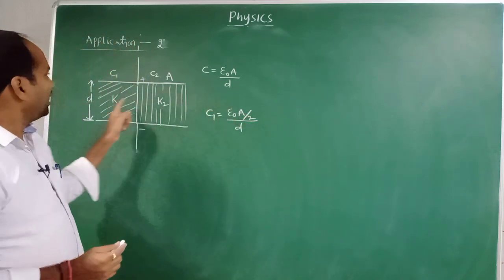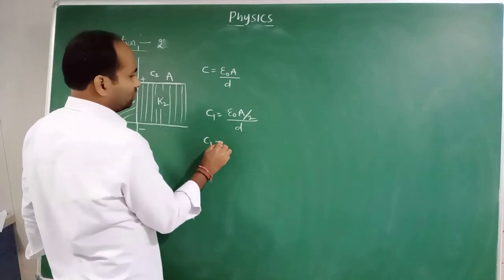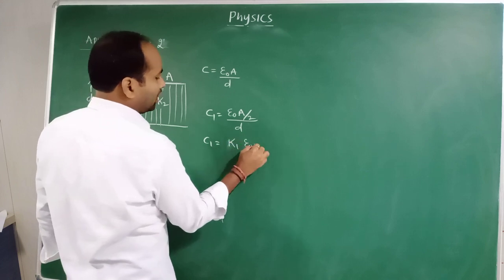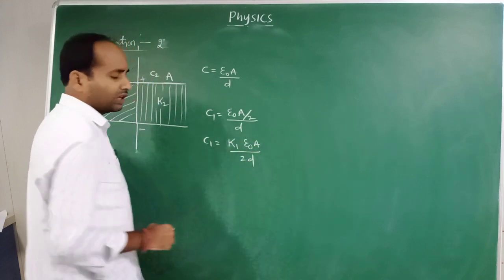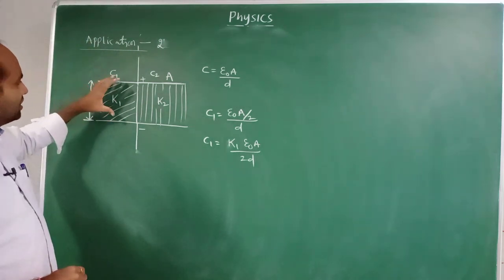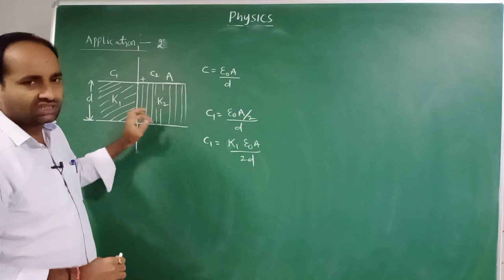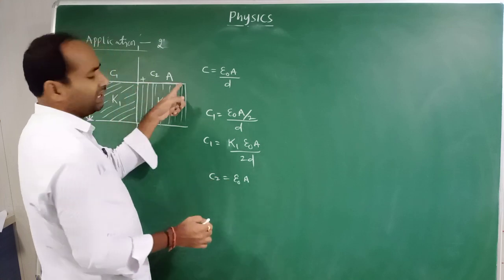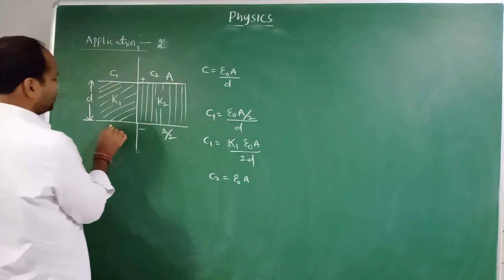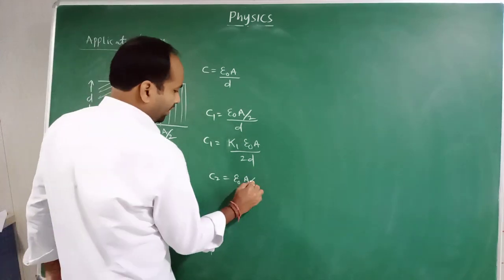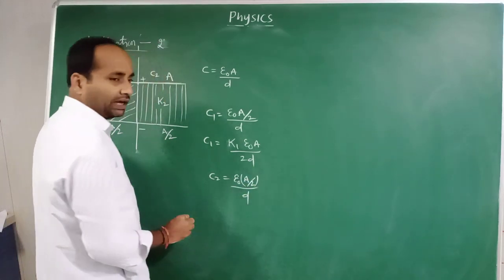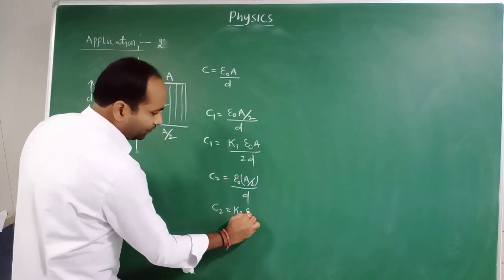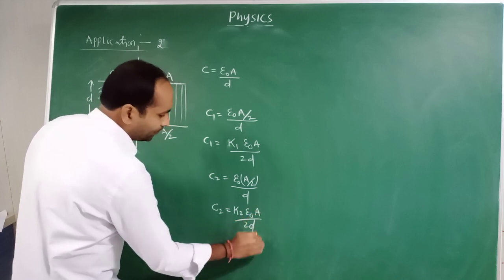With air as a medium, but is a dielectric there or not? So we may write C1 is equal to K1 epsilon naught A by 2D. This is the capacitance of this part. Now the second part. What is C2? Epsilon naught A. What is the area now? Here also it is A by 2, A by 2 by D. And a dielectric slab is there. So you should write C2 is equal to K2 epsilon naught A by 2D.